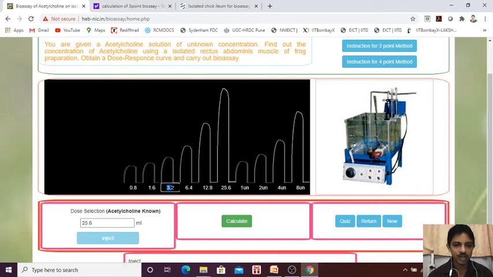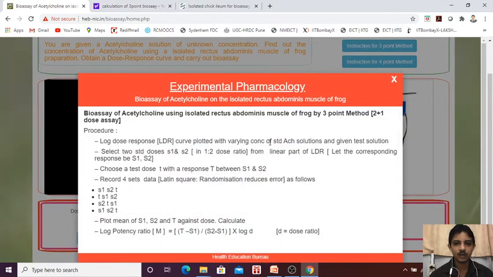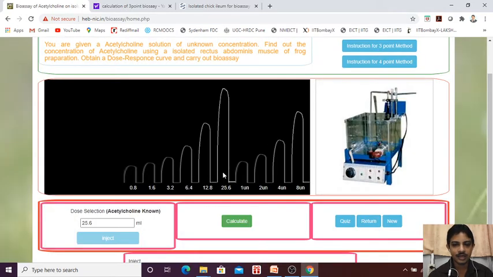So this one, 3.2, we are considering as S1. Note it down: 3.2 is S1 and S2 is 6.4. Next we need to find a test response T, a response of T between S1 and S2. What does it mean? You consider the height.